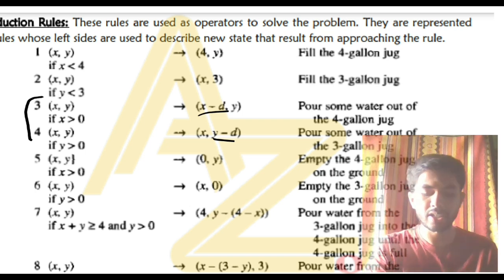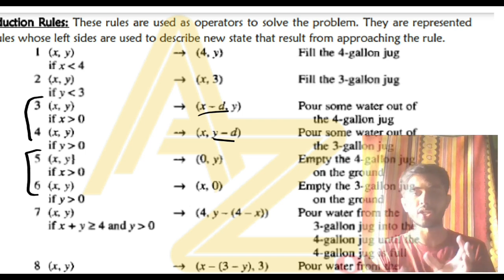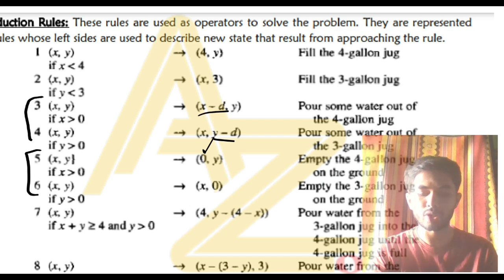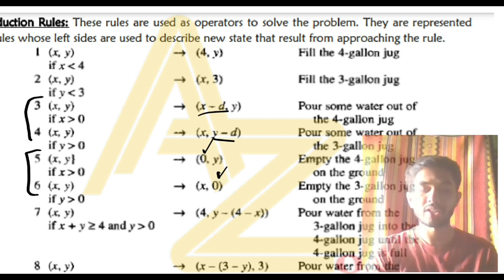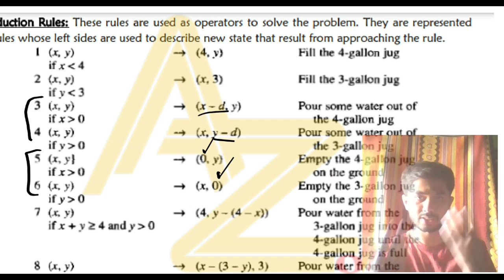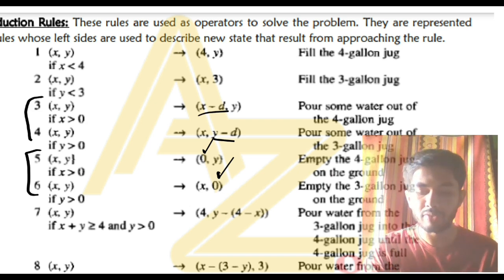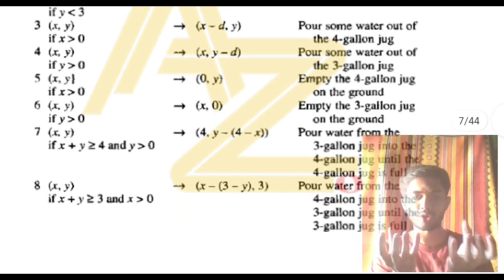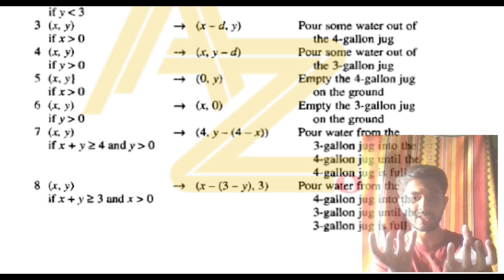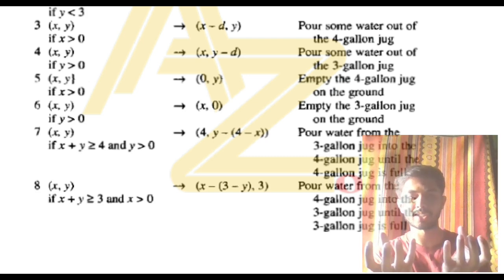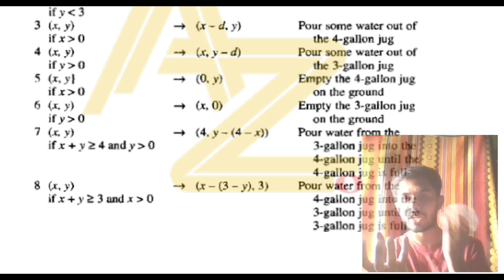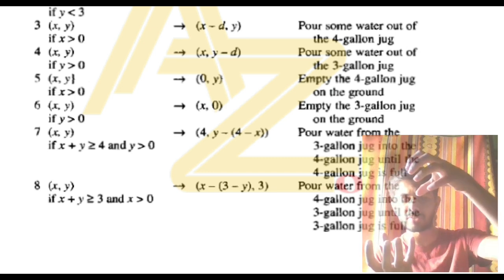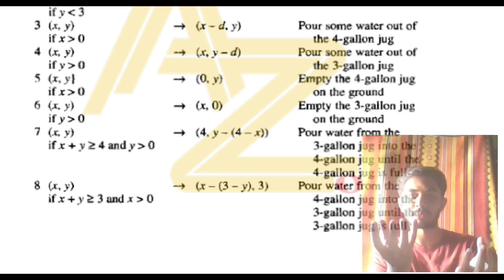Last, the next 2 are that you will be removing it totally, means emptying it. If there is some water in the x liter jug, empty it totally. If there is some water in the y liter jug, empty it totally. That forms the next 2 rules. Okay. After that, you have some water here, you have some water here. For example, 3 liter and 4 liter jugs are there. Here you have 2 liters and here you have 3 liters. Now from these 2 liters, if you fill it here, it will be 1 liter and this will become full, right?